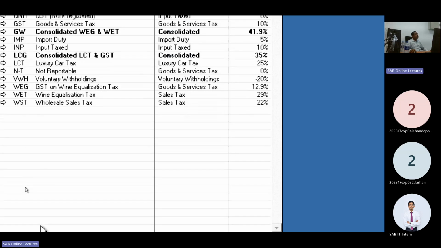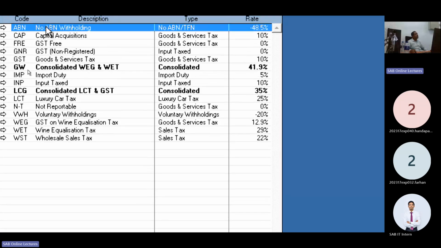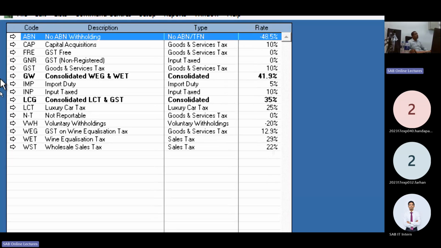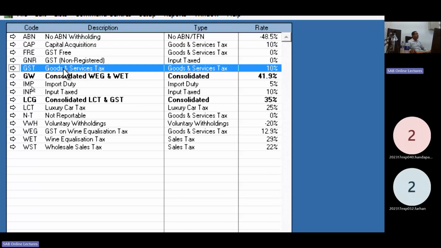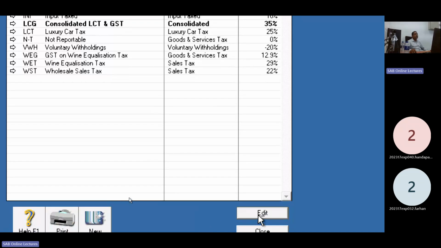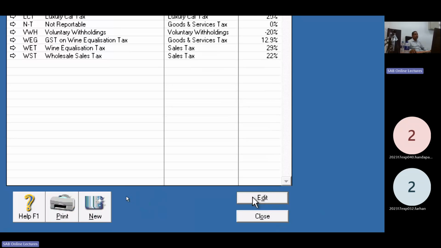Students, you can create the VAT account separately by clicking on the new option here, or you can edit one of the existing taxes. Look at a very similar account in the system, goods and service tax. Similar to VAT, no? Select goods and service tax, the fifth one. Click here, edit option.